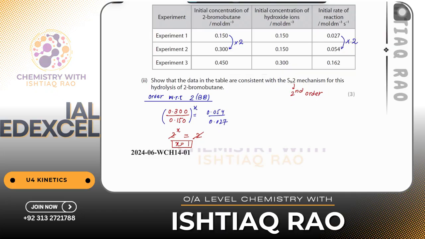Now I am supposed to find out the order with respect to hydroxide ion. Now the problem is that, again, as in the previous question, there is no same number. So what can I do for that? I am going to select an experiment. If I select experiment 2 or 3, right? So for 2 or 3,